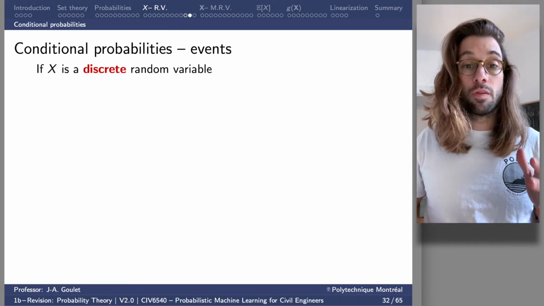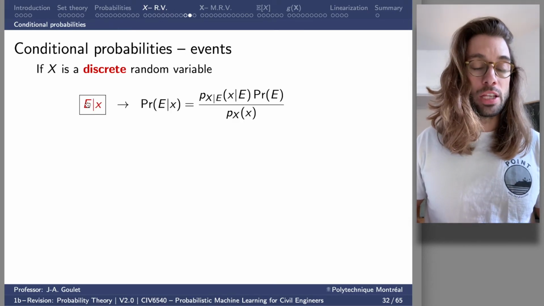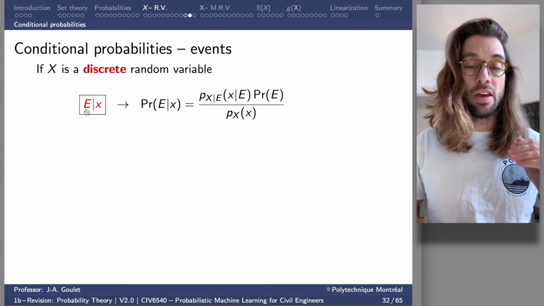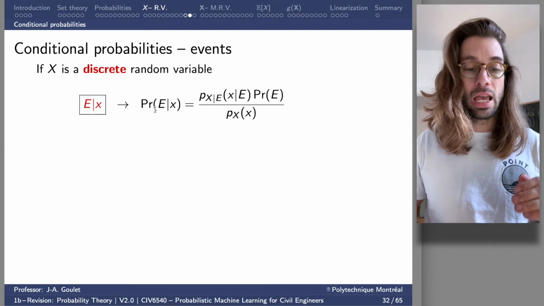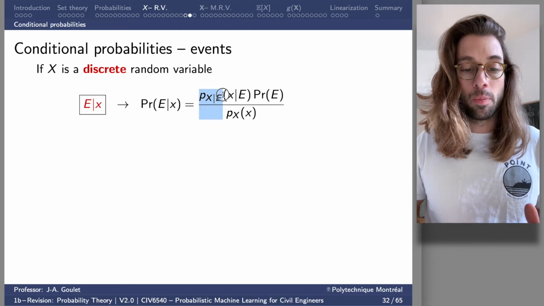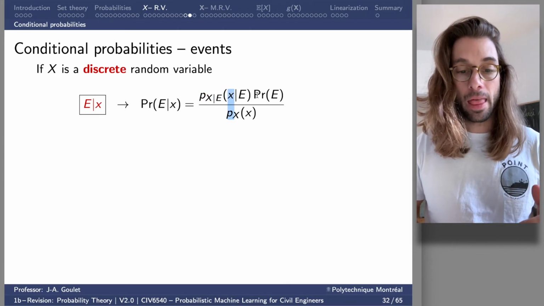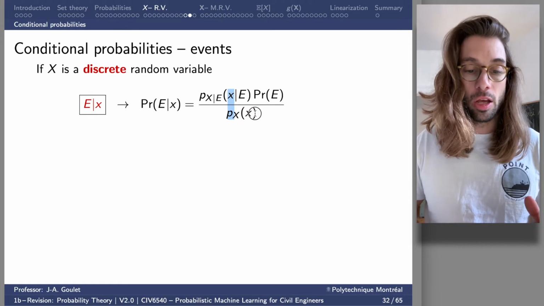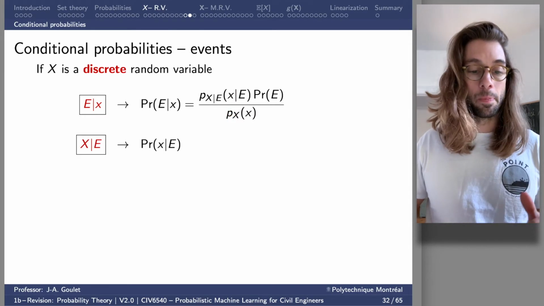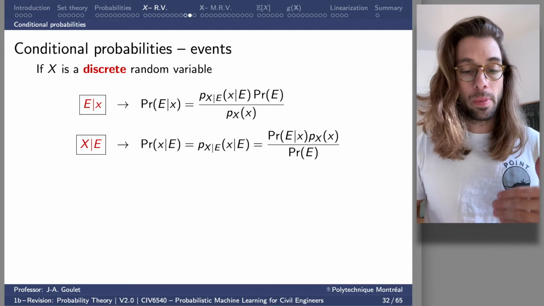Okay, so if X is a discrete random variable, we can express the conditional probability of the event given X as the probability of the event given X is going to be the PMF, the probability mass function of X given E, times the probability of E divided by the PMF of X. So if we want to reverse this, the probability of X given E is going to be the,